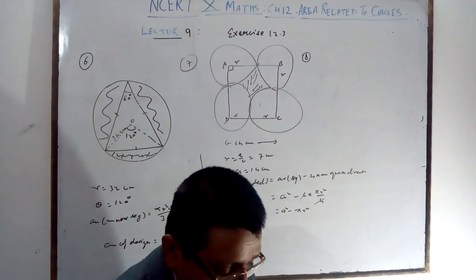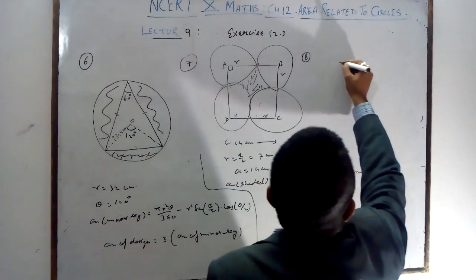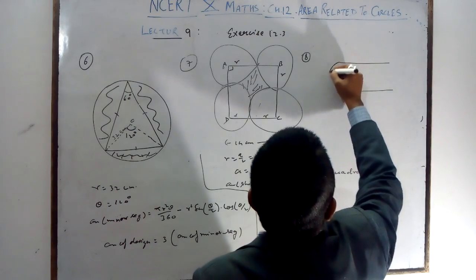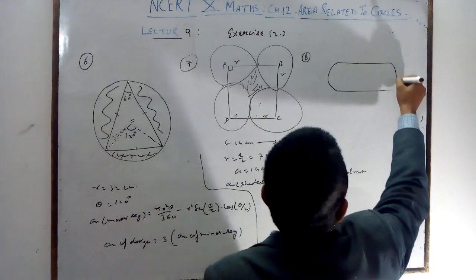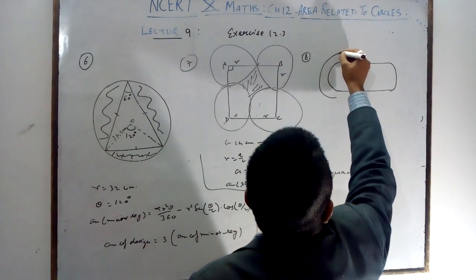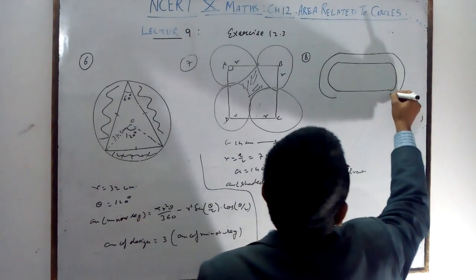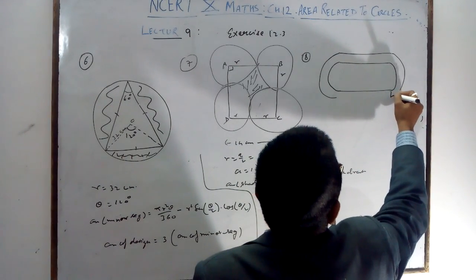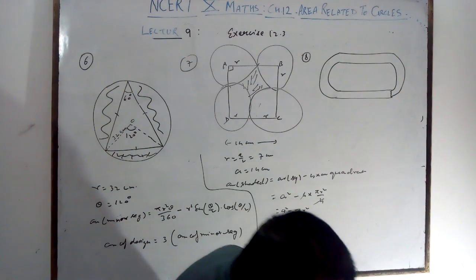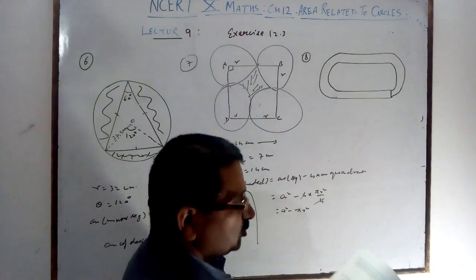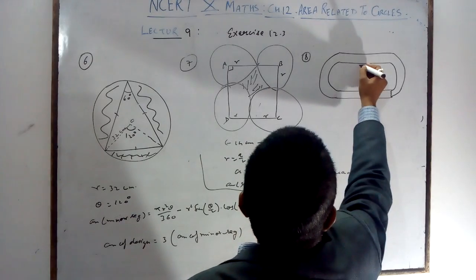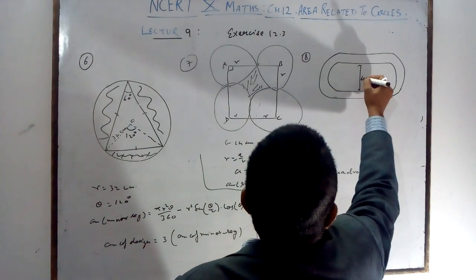There is a park track like this. It is also given in class 7th and 8th. The running track on both sides has a width and length, with semicircular parts here. What is the distance between the two inner lines? The distance between the two inner lines is 60 meter, so this will also be 60, and this will also be 60.